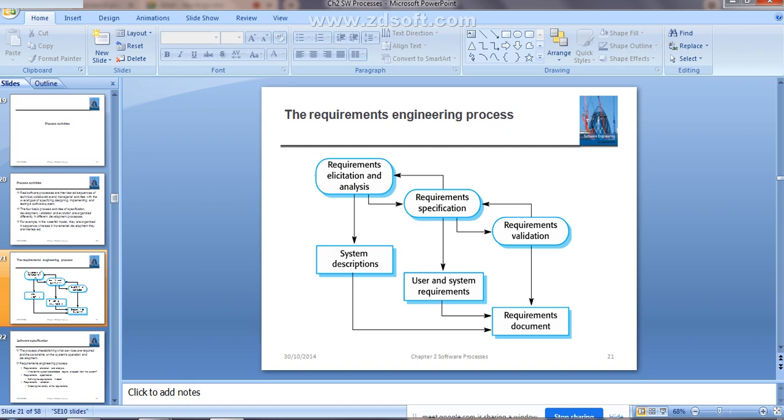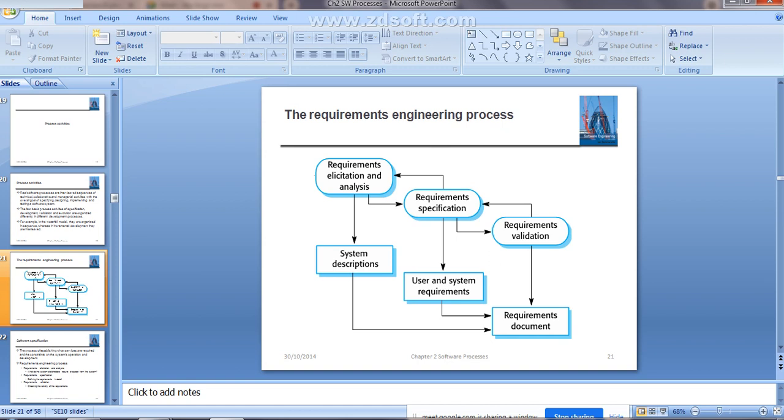How they are arranged and what the work of these activities is, that is shown here. First, the feasibility study. What exactly is it going to do? By using the feasibility study, you are going to estimate whether the user needs you have identified, the user requirements, may be satisfied using the current software and hardware technologies or not. That you are going to check.